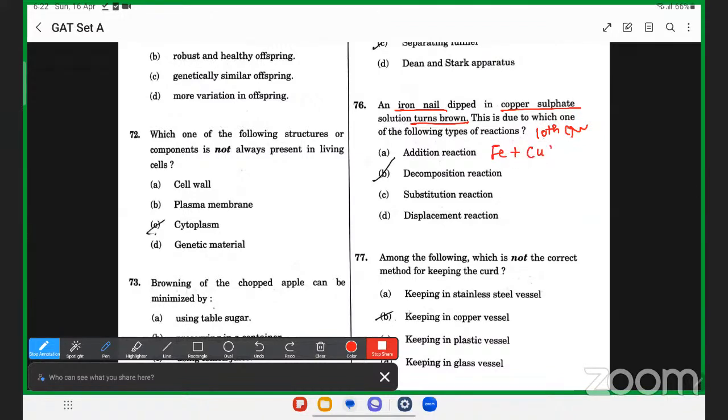आप कॉपर सल्फेट CuSO4 से कराते हैं तो आयरन कॉपर के कंपैरेटिवली ज्यादा रिएक्टिव होता है, इसलिए आयरन कॉपर को डिस्प्लेस करेगा और बनेगा FeSO4 प्लस Cu। और इसी की वजह से जो आयरन नेल है कॉपर सल्फेट में जो डिप हुआ है वो ब्राउन होना स्टार्ट होगा, बिकॉज ये जो कॉपर यहाँ बना है ये आयरन नेल के ऊपर डिपॉजिट होना स्टार्ट हो जाता है और कॉपर का कलर होता है रेडिश ब्राउन, इसलिए आयरन नेल सिल्वरी कलर से रेडिश ब्राउन बनना स्टार्ट होगा। तो ऐसा रिएक्शन जिसमें एक हाईली रिएक्टिव एलिमेंट एक लो रिएक्टिव एलिमेंट को डिस्प्लेस करता है, ऐसे रिएक्शन को बोलते हैं डिस्प्लेसमेंट रिएक्शन। सो 76 का सही ऑप्शन होगा डी, डिस्प्लेसमेंट रिएक्शन।